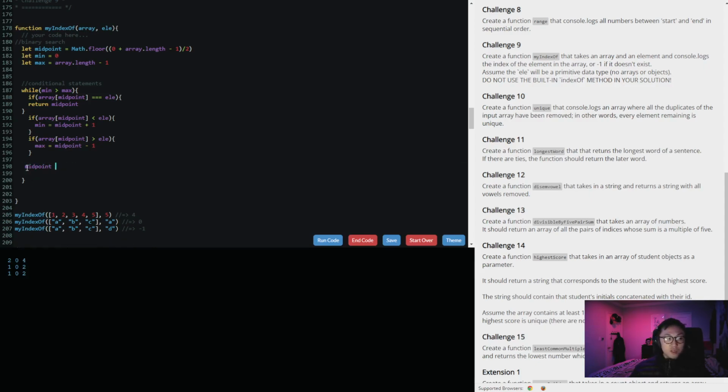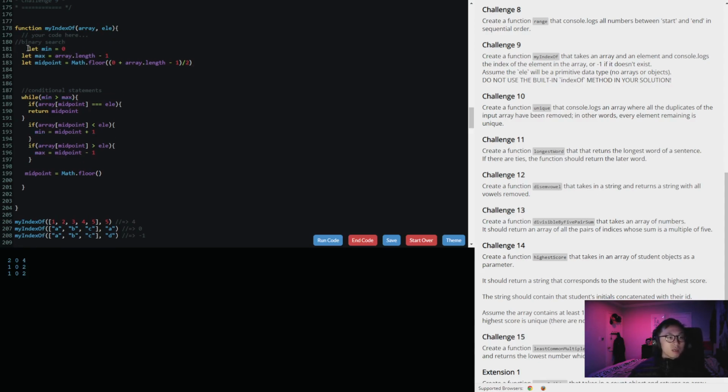So midpoint will now get reassigned again. So it'll be, oh, actually, let me clean this up. So instead of saying just 0, it should be min and max. Right? Because that's what it is, essentially. And if I do this, it should work. It should work. So if I console log this, oh no, it's giving us,